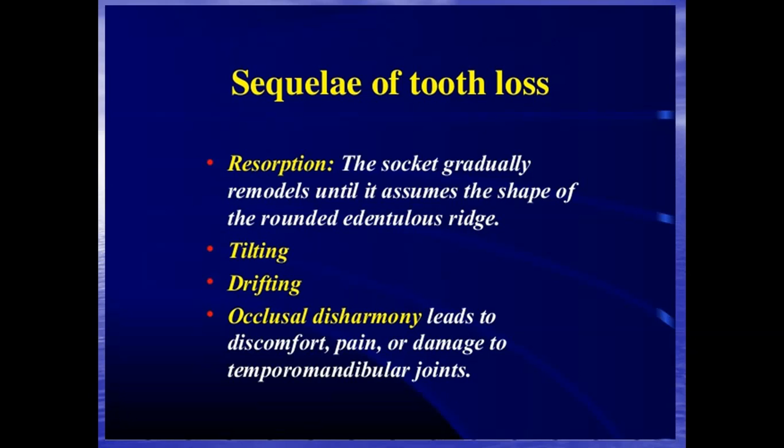So normally it gets smaller and thinner and takes quite a rounded shape of an edentulous ridge. Usually after the extraction of a tooth, we expect to see the height of the alveolar bone remaining approximately at the level of the place where the apex of the root was, if no measures were taken to prevent this